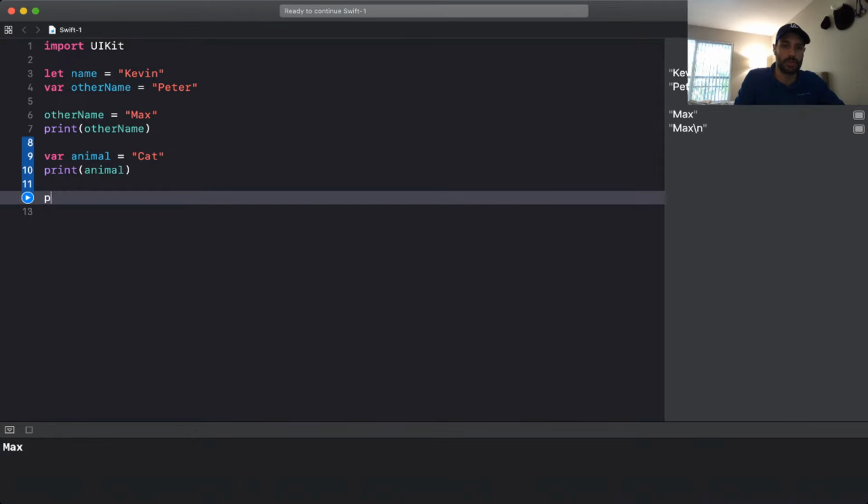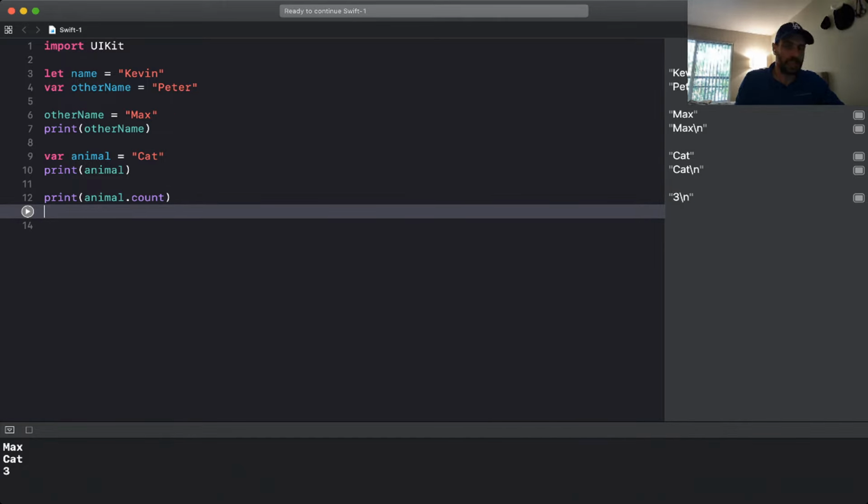So we could do print animal dot count, and then it should print out the number of characters in that string. Then, if you want to append another string to that string, we can do that as well. We can just say animal dot append, and I don't know if you know that show from back then,